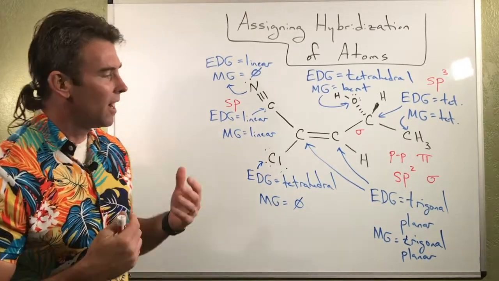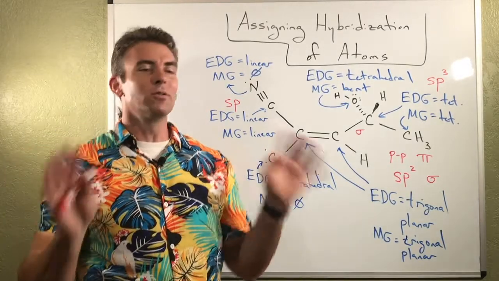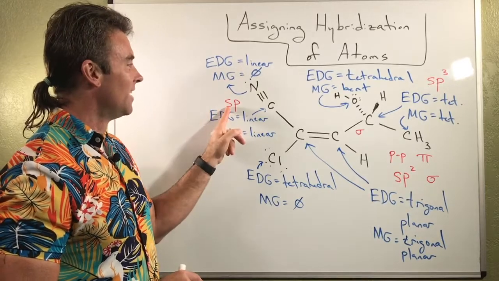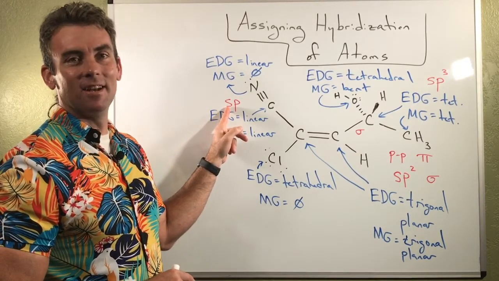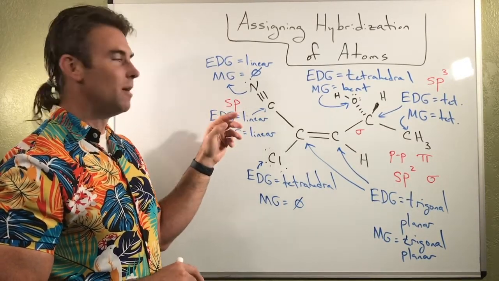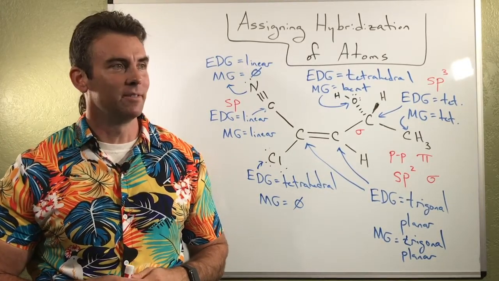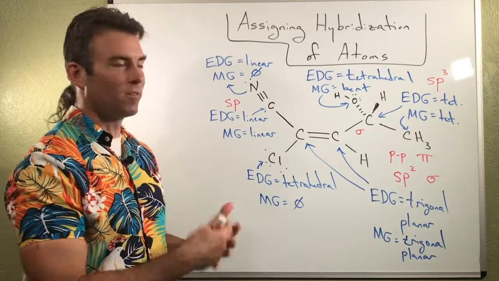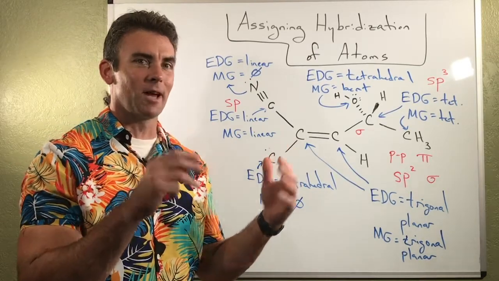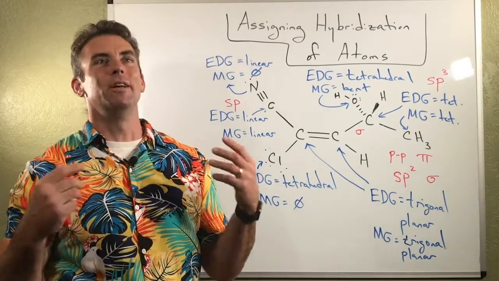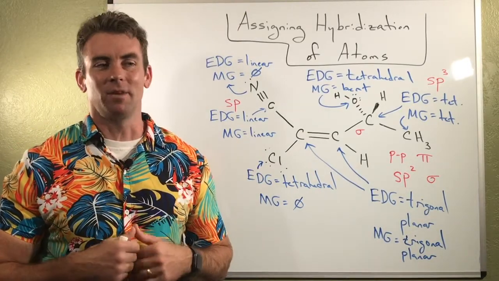But when it comes right down to it, the most important thing is to do your electron domain geometry, give the hybridization of that particular atom, and then you might have to dig a little deeper and talk about the head-on overlap and sigma bonds, or the sideways overlap and pi bonds, but that's much less common, or it's a little too complex a question typically